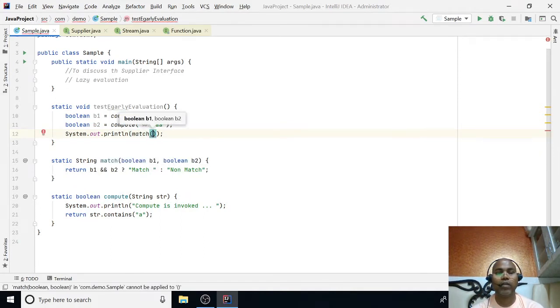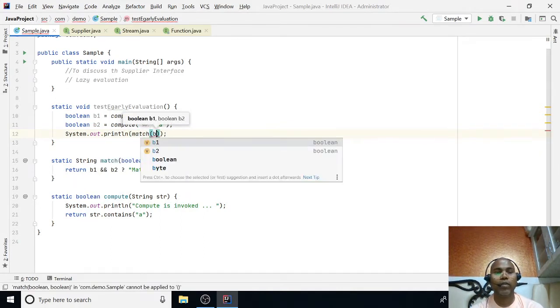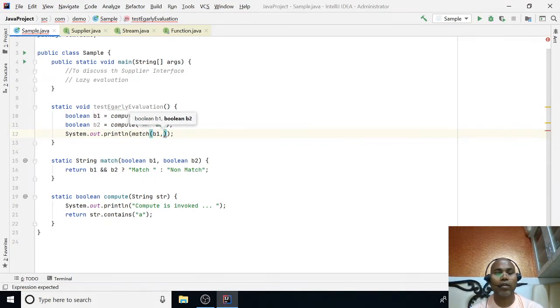Match function takes b1 and b2. If I'm going to run this program,